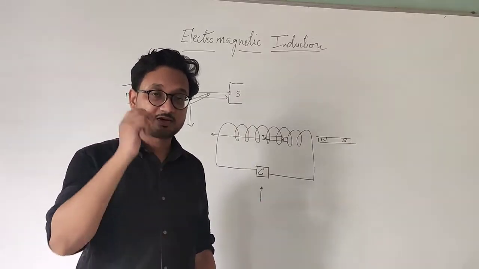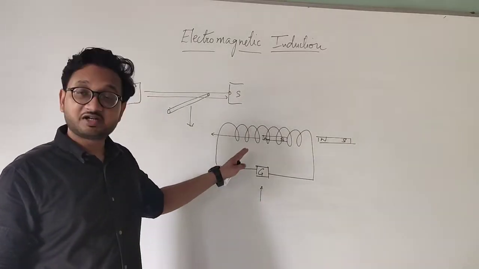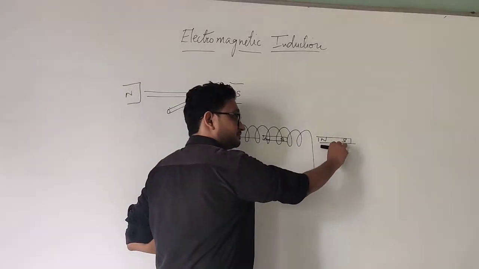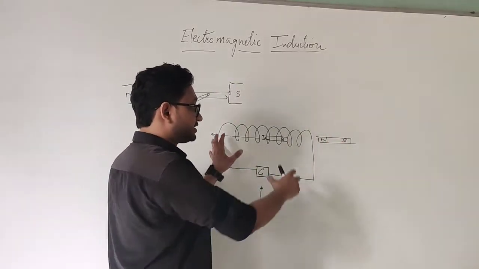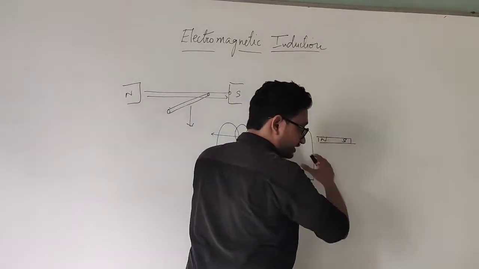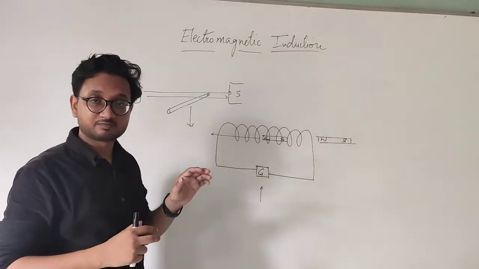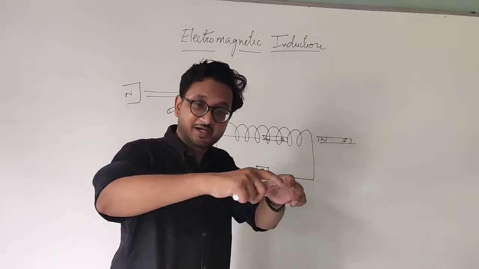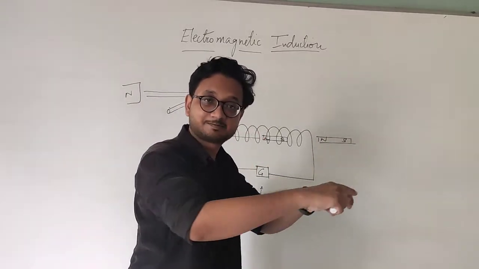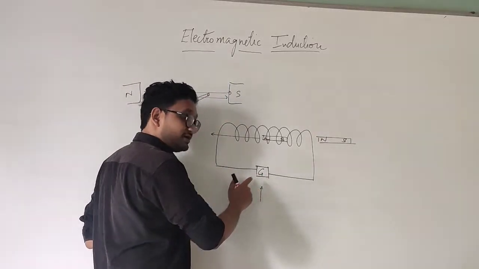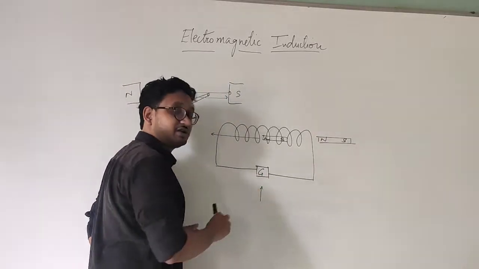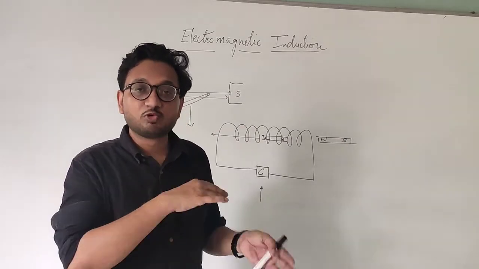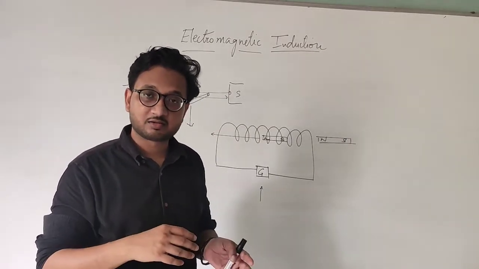Now what he did was, he kept the magnet stationary. He placed the bar magnet like this, and he took the whole coil around it. He started moving the whole coil. It was not that big, so no need to panic. He placed the magnet on the table, and he took the coil around it like this. Once again the galvanometer was showing the deflection. So it doesn't matter if the magnetic field is moving around a conductor.